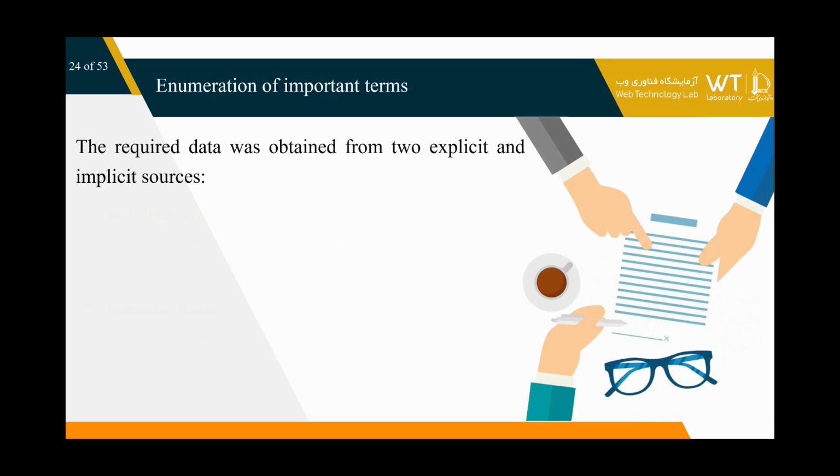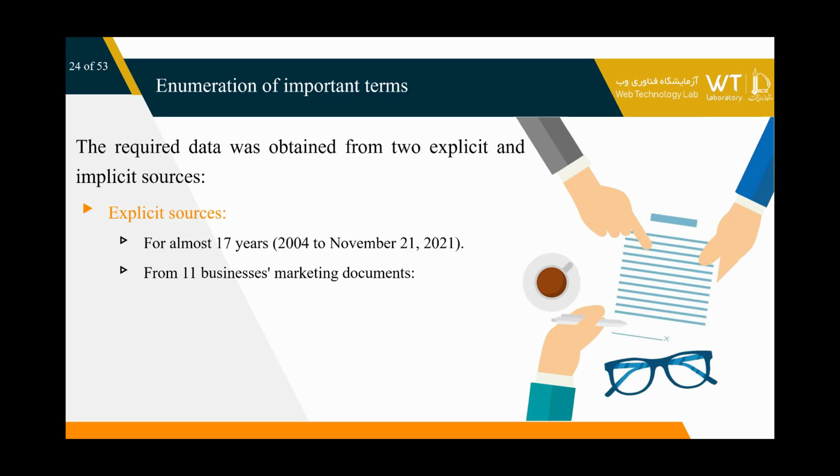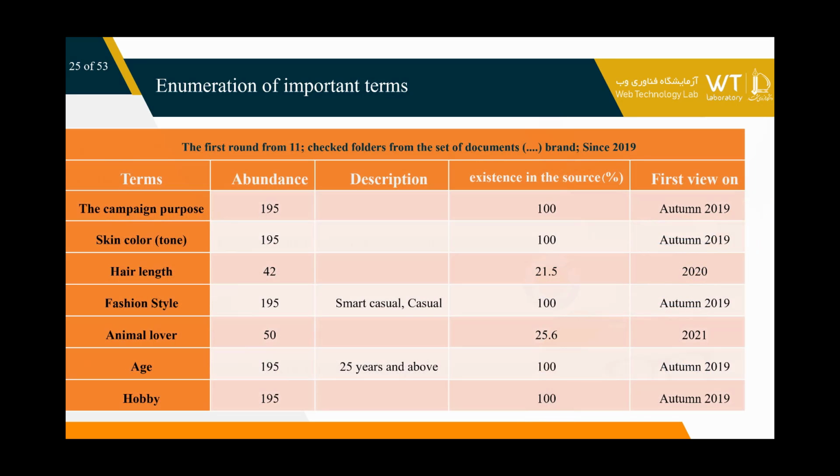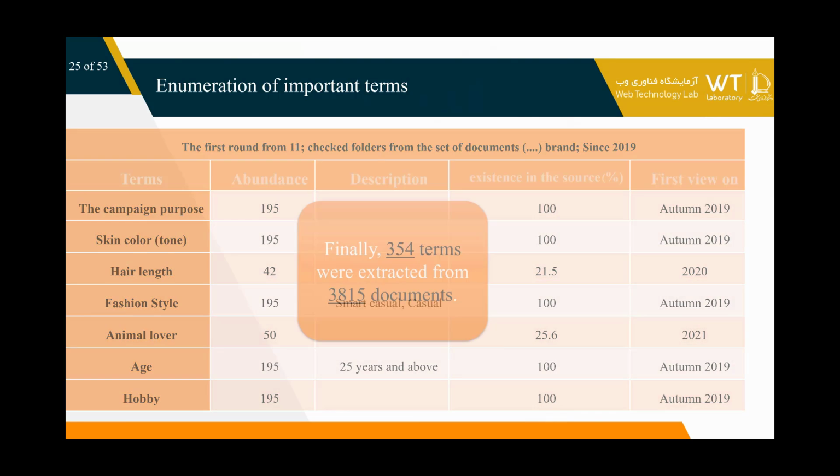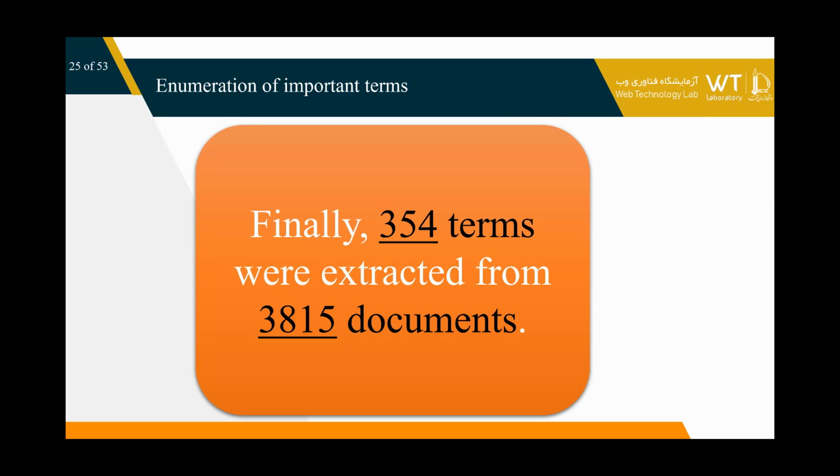The research population was obtained from 2 explicit and implicit sources. Explicit sources were taken from the statistical population of product advertising influencer selection in Iran from 2004 to 2021. This includes marketing documents that belong to 11 groups active in the Iranian fashion industry, including 7 brands and 4 stores. An implicit source includes experts' opinions, which became available via interview and questionnaire. The main terms of the reason why each influencer was selected were extracted from the existing documents manually and recorded in a file similar to what you see in this picture. At the end, 354 concepts were identified and extracted from